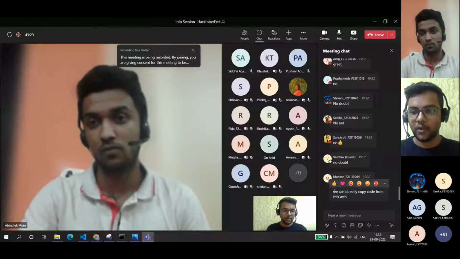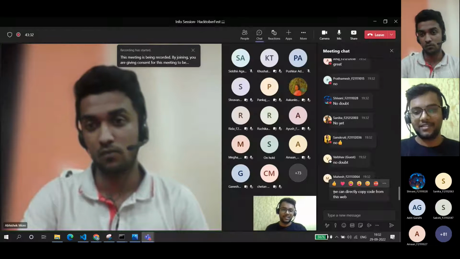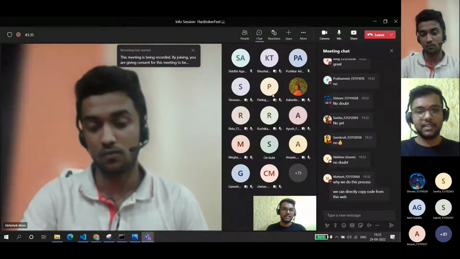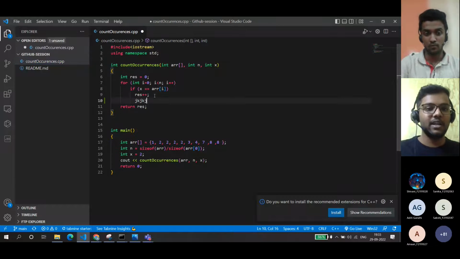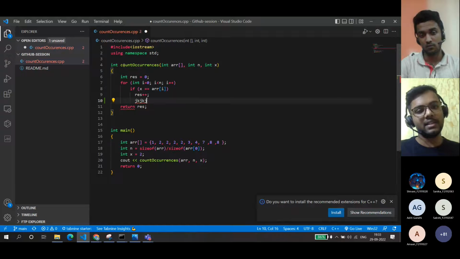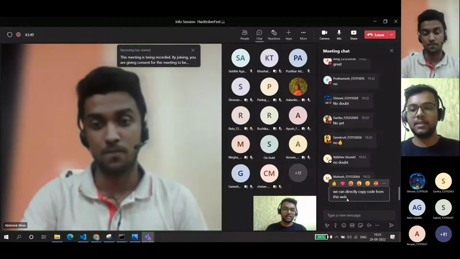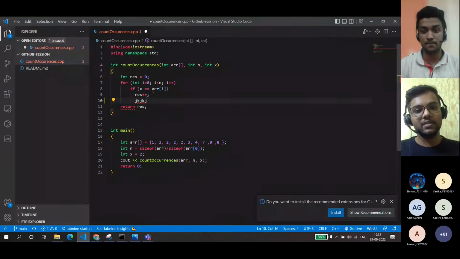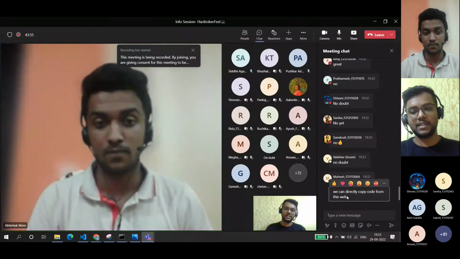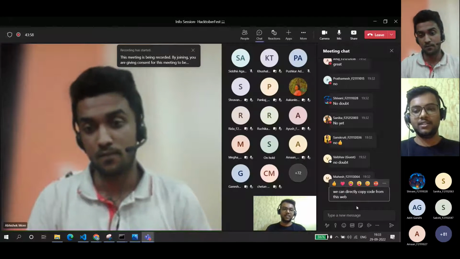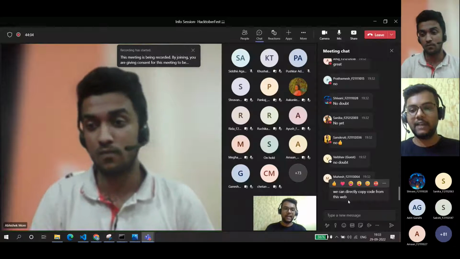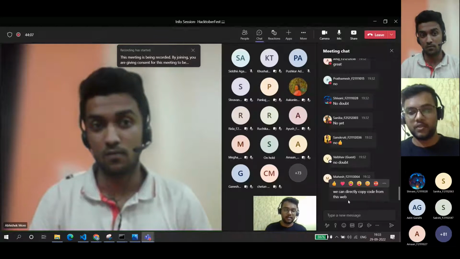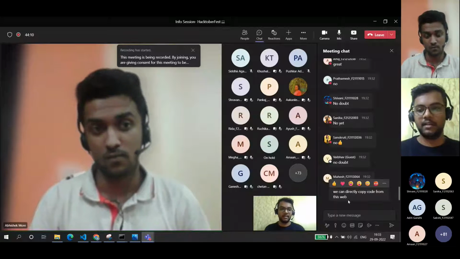Okay, can we directly copy code from this web page? Yeah, you can, but how will you send it to that person? Let's say I go back to my VS Code and perform some operation over here. Will I again send my friend the code? I cannot do that, right? So I need a central place where I could just have one command and this code goes to him. And let's say 3 more friends come together to do this. They cannot send code to each other, or come to my system and copy code, right? They will have to take that code from somewhere central. So that is where we use GitHub and Git.